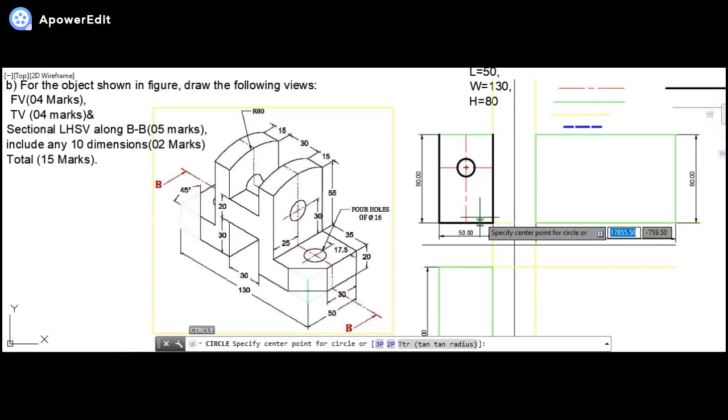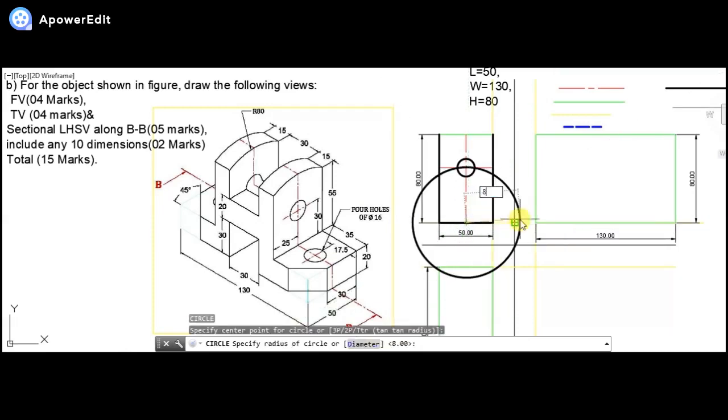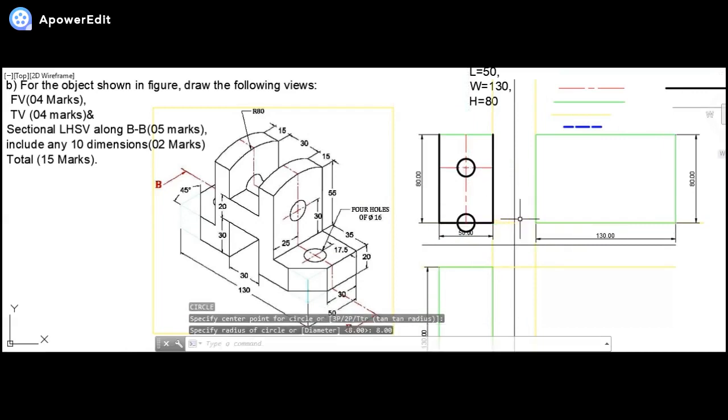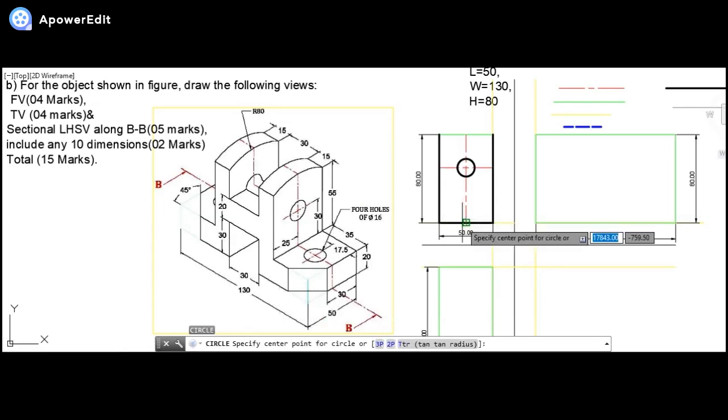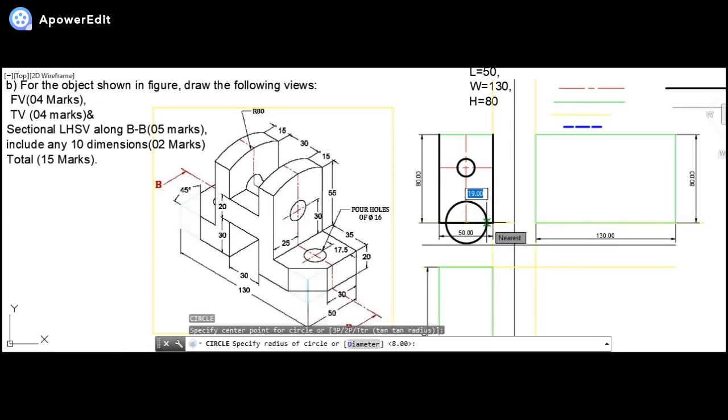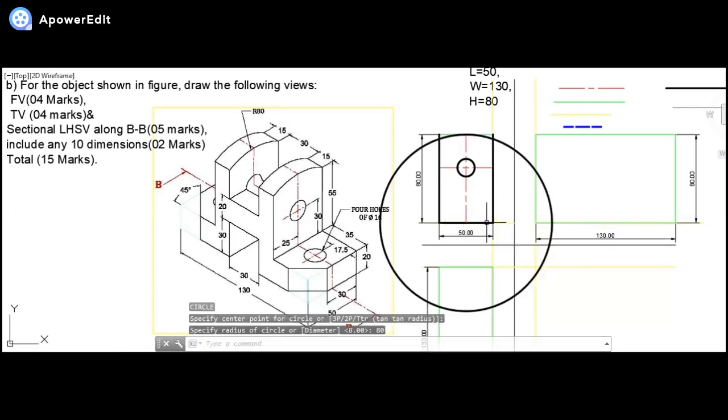So once we are done, I can again draw a circle at the top, like this, 80. So it will be 80, okay, like this.